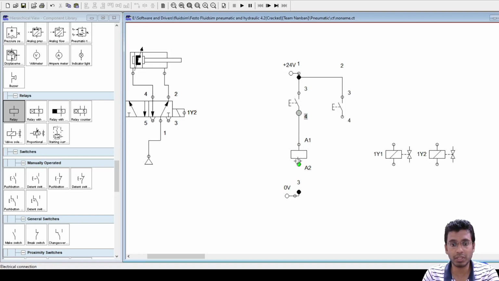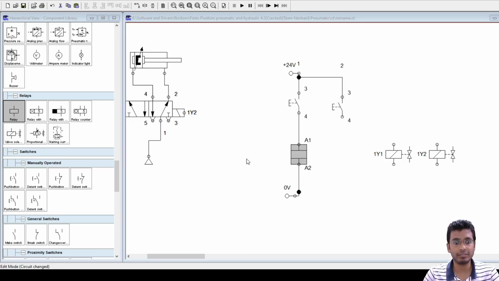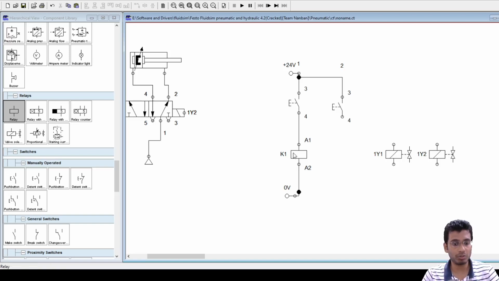You are going to place this here, this circuit. Similarly, name this relay as K1. Fine, capital K1, and then I'm going to use another relay here.